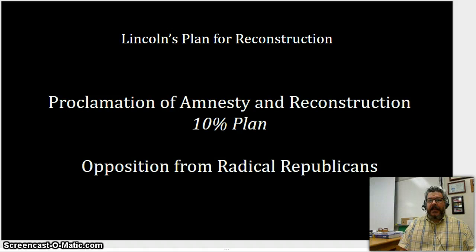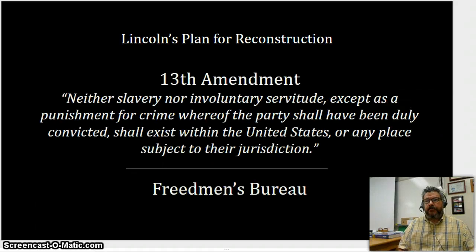And so they're going to butt heads over this issue, and Lincoln will receive opposition from his own party, from within Congress, of this small group, a minority of Republicans in Congress who come to be called radical Republicans. They hold that position that addressing the issue of freedmen is going to be the most important issue in Reconstruction.